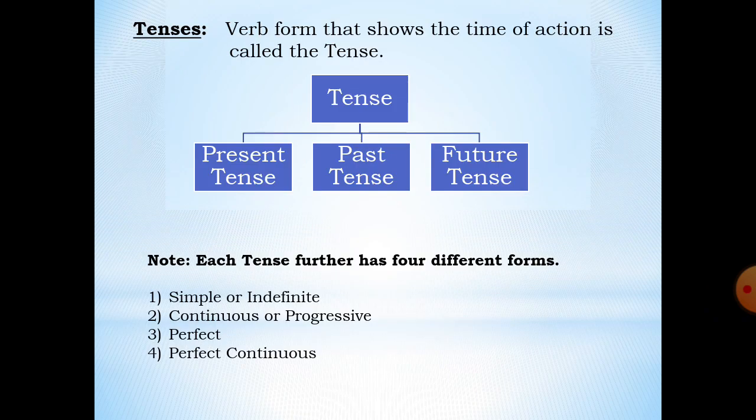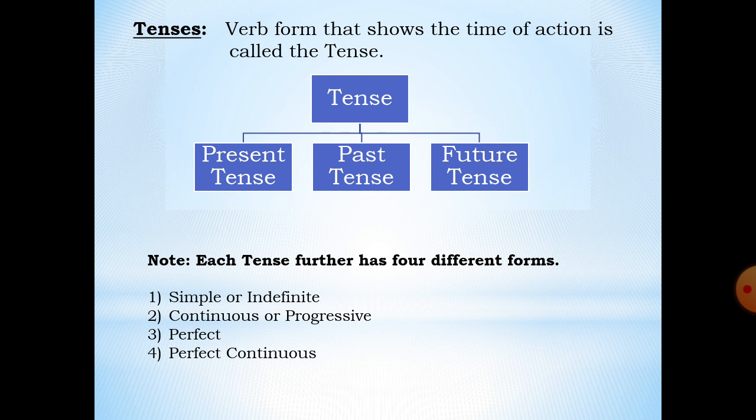In English grammar, tenses play a vital role in sentences. Okay? A sentence is never supposed to be complete without a verb. Verb is said to be an action word. This verb is very important to complete the sentence. Without a verb, the sentence is almost incomplete. So tenses help to show the time of action.